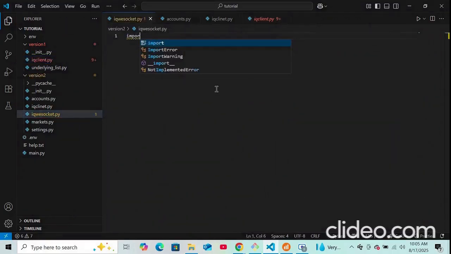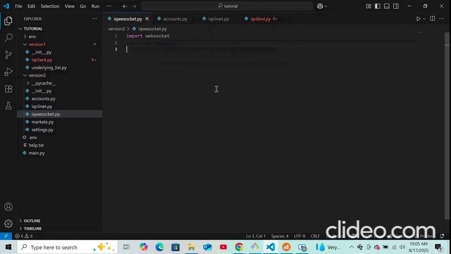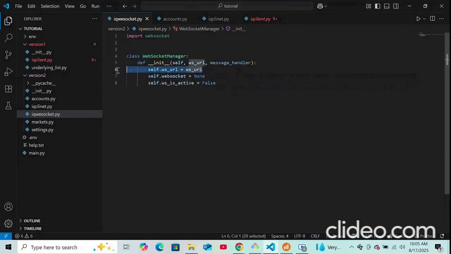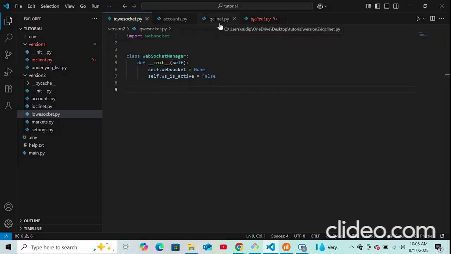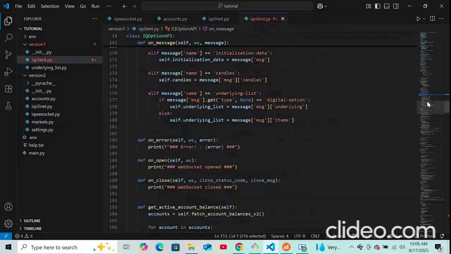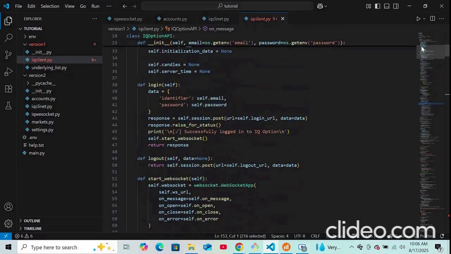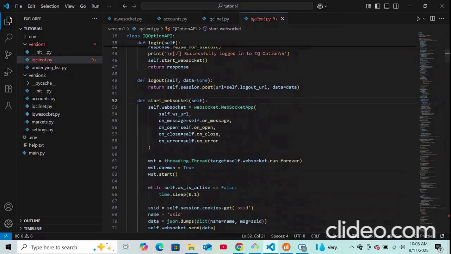Okay, import WebSocket, and now let's write the WebSocket class. Get rid of this thing. For timing, WebSocket will not receive anything, right? And next there is the start WebSocket functionality, right? So let's copy this thing,